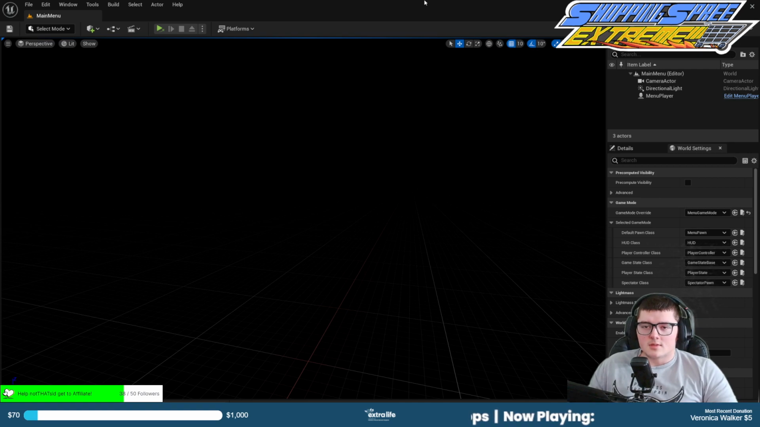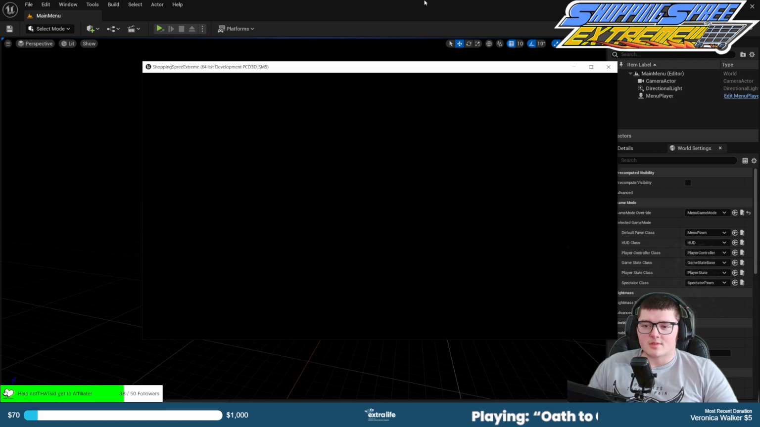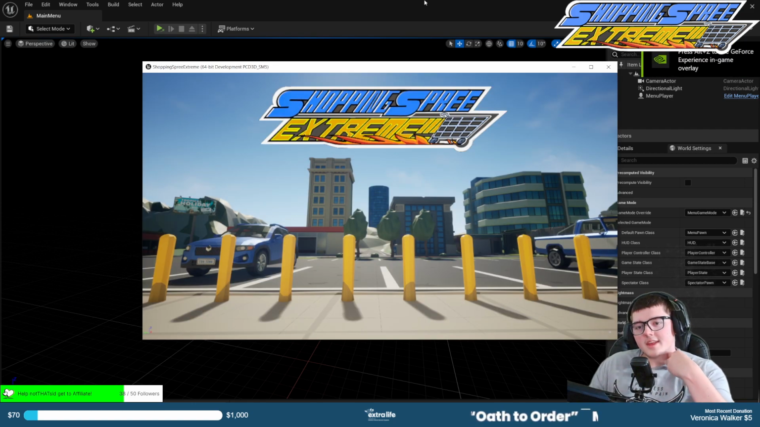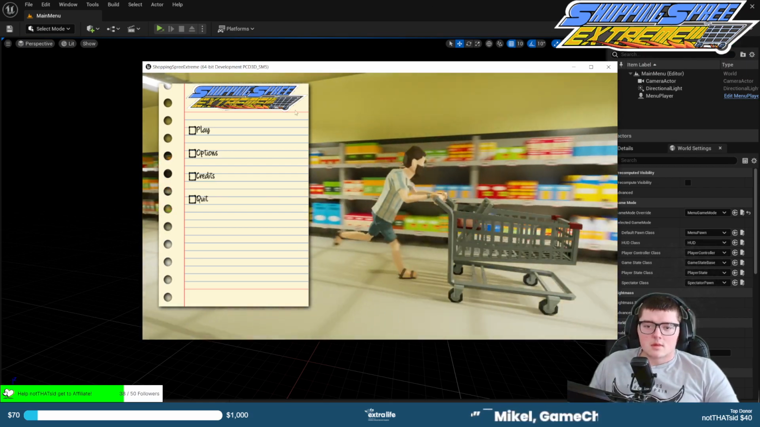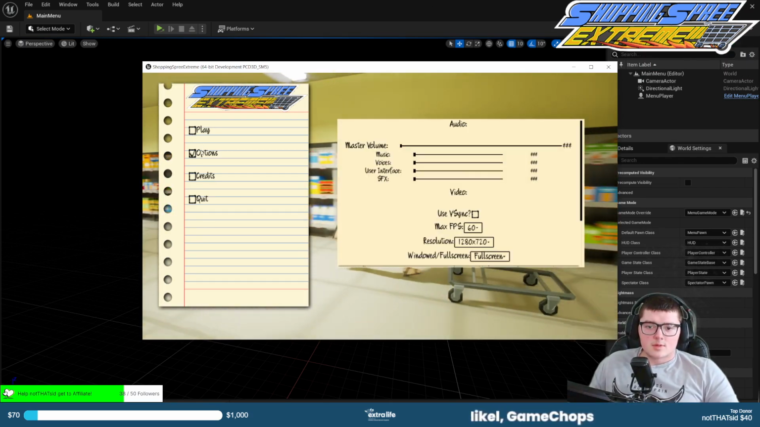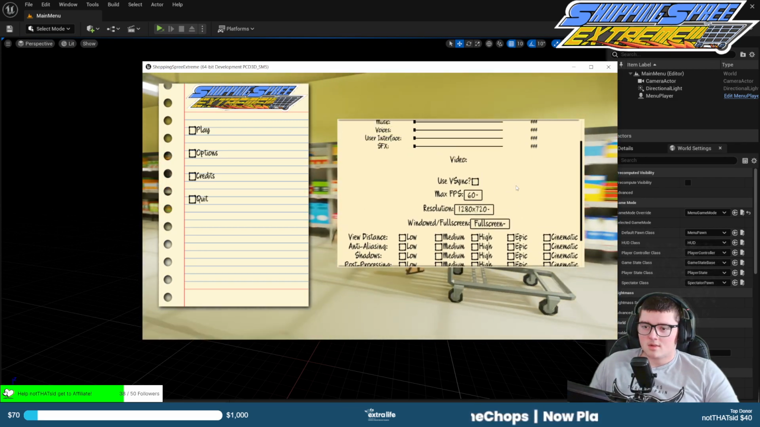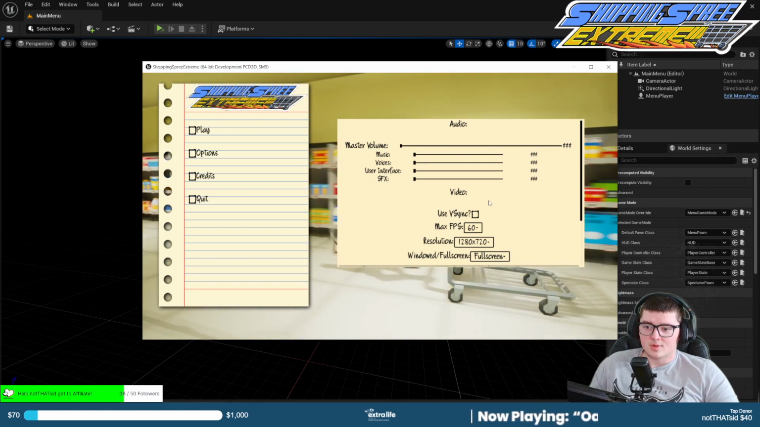Give it a second to load here. Oh, I just realized that's the old logo too. That splash image. Oops. That's the new one right there. There's options here. I can scroll down. All my options are here. Change these values. They don't do anything right now, but